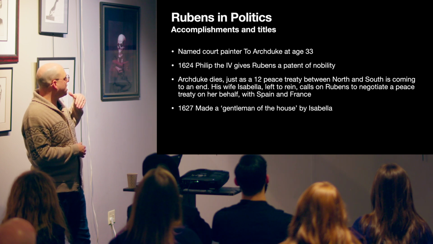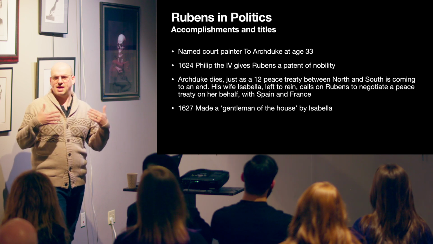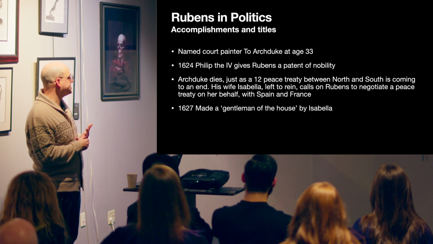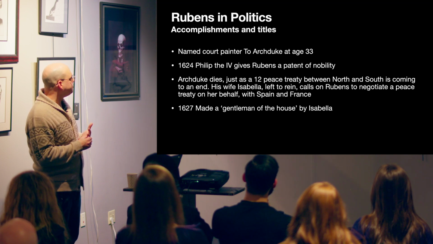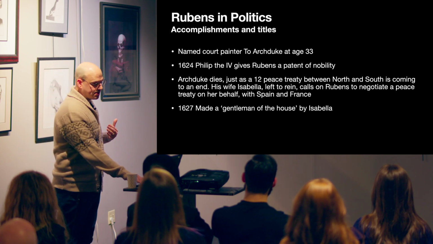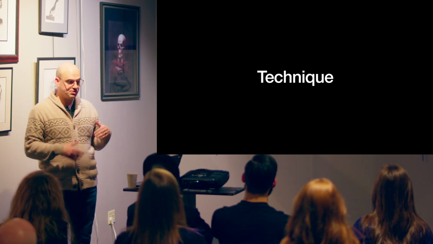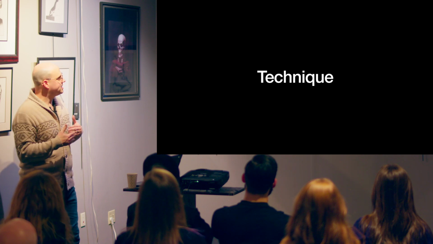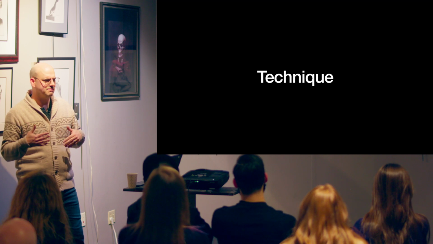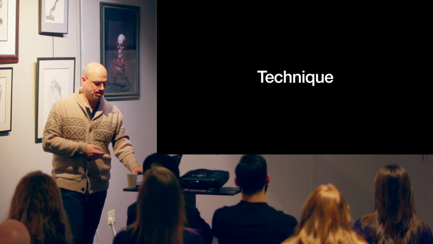And he is made a gentleman of the house in 1627, which I'm assuming means he has special access to the court and to Isabella, the ruler herself. But as far as Rubens is concerned, he does eventually retire from politics, and retire from that part of his life, and dies of a gout attack in 16